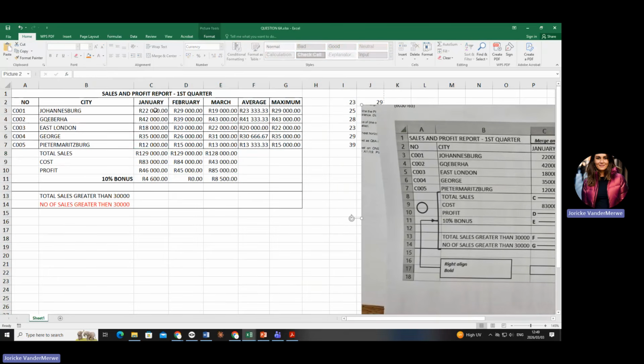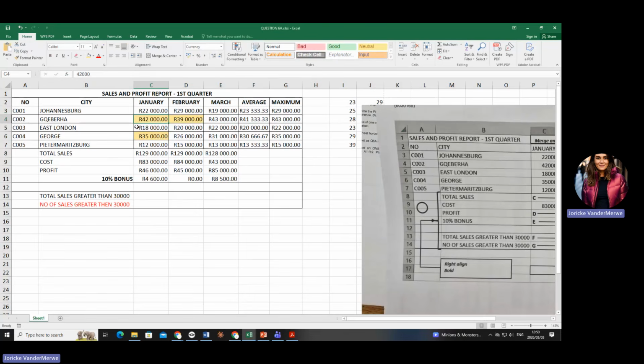So let's say, for instance, what is bigger than 30,000 here in January? That one and this one. Do you agree with me? What is the bigger one of 30,000? That one and nothing else. Do you agree with me? And so we can go on. So what are they asking? They're saying the yellow stuff must be added together if it is greater than 30,000. Are you with me? We call that a SUMIF.